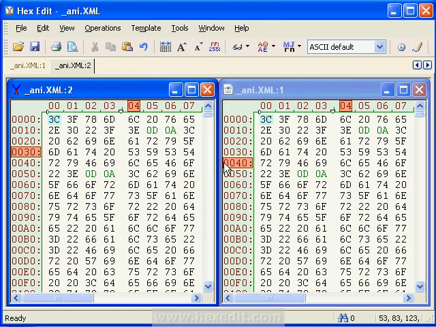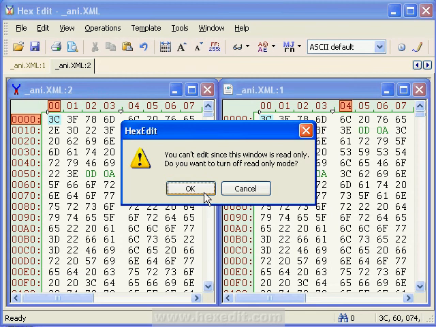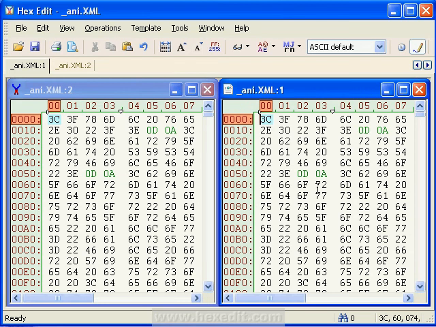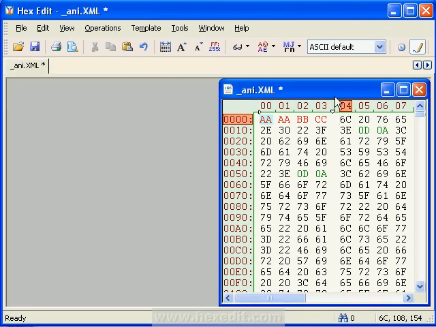If you try to edit in a read-only window, HexEdit will ask you if you want to continue. So if I try and type some data in there, I'll cancel that. But if I go to the other window where I can edit, so I'll just close that now